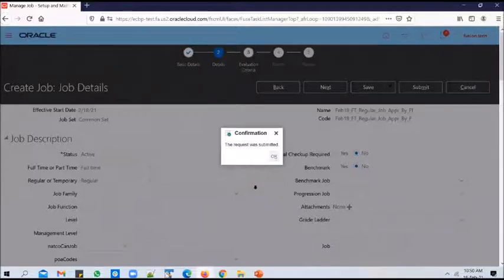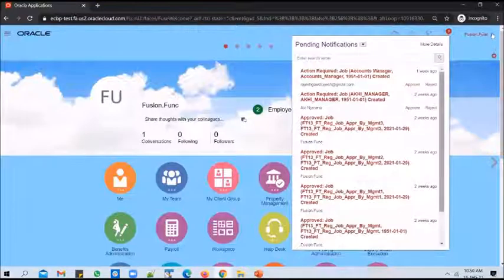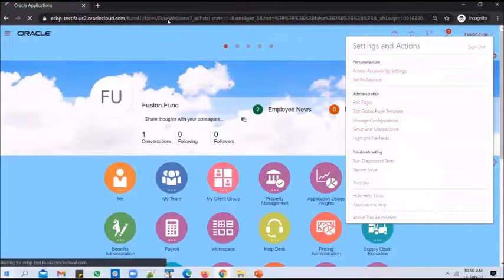A request is submitted. And you can probably log out and log in back again as Fusion.Func user.